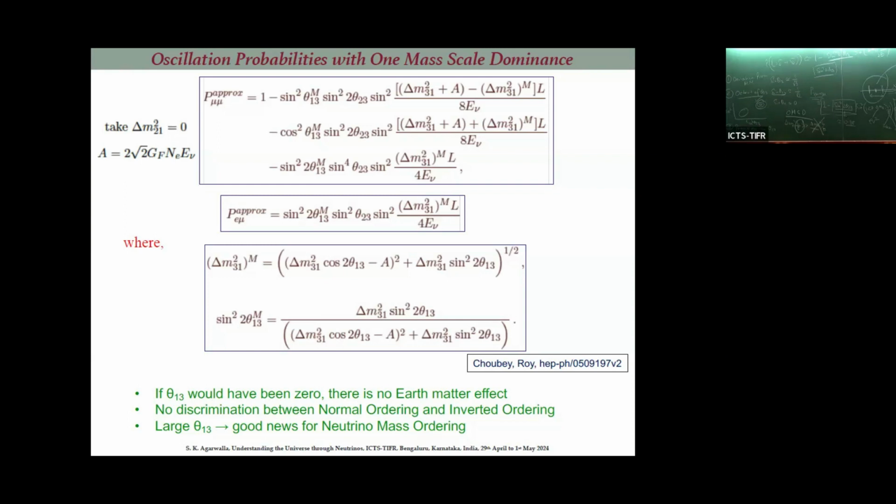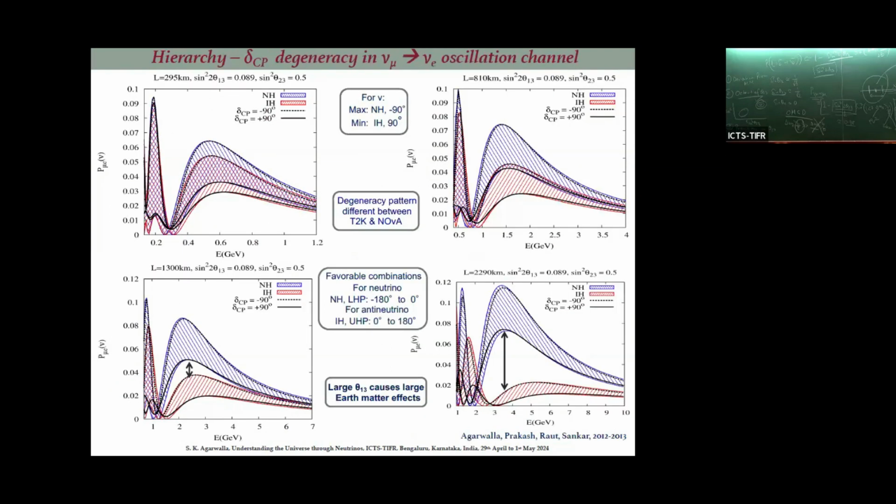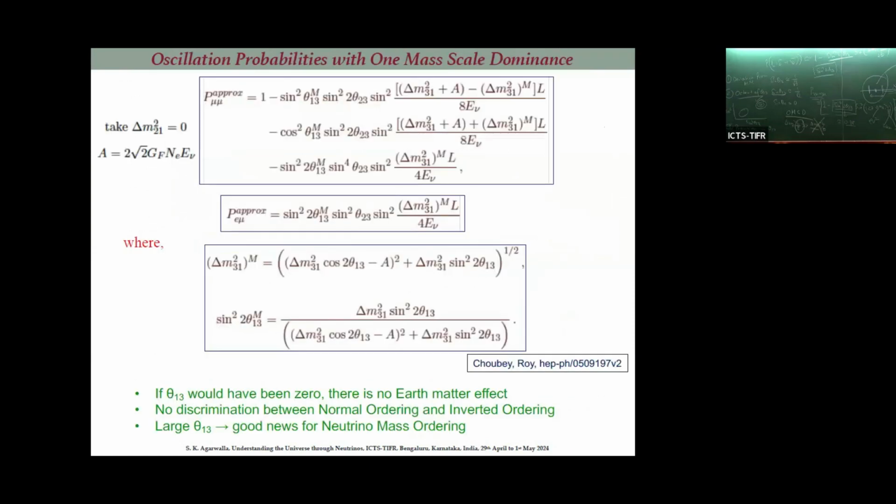Why? In actual calculation, you don't drop anything. You go to your laptop or computer and you do a full numerical solution. But if you want to appreciate the underlying physics, you need an analytical expression. That's why I showed you this analytical expression. You can see the physics over there, right? Similarly, this is also one of the analytical expressions for this channel, where I dropped this solar frequency. Correct? If you do that, you can write down the nu mu to nu mu survival probability in this nice compact form. Okay? Now appreciate here. Take theta 13 equal to 0.